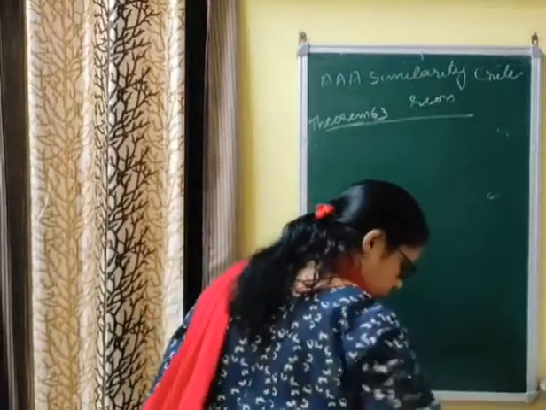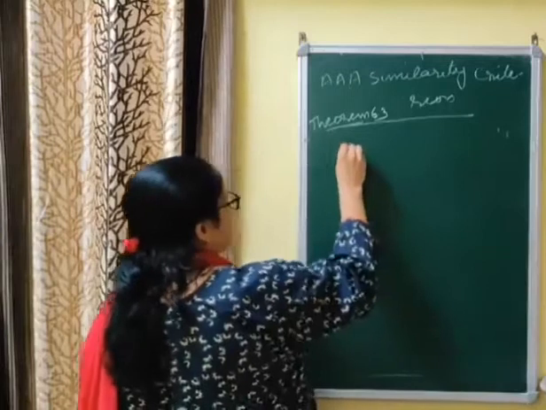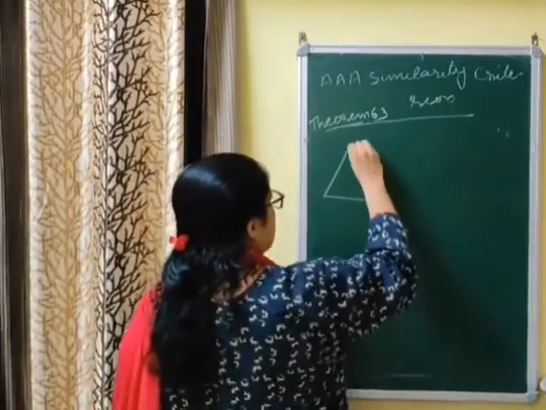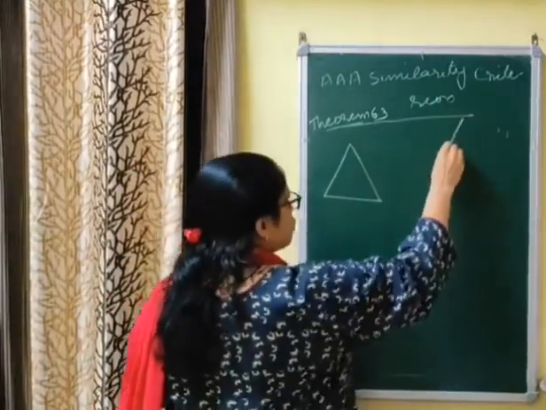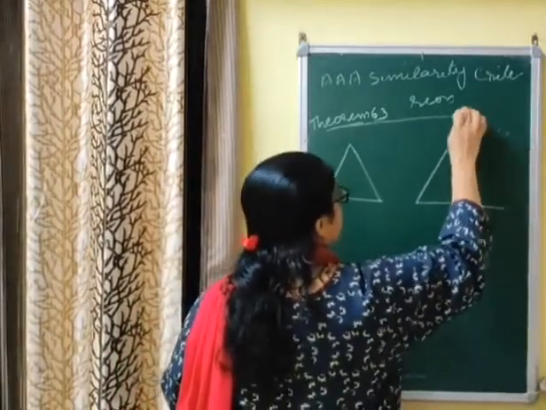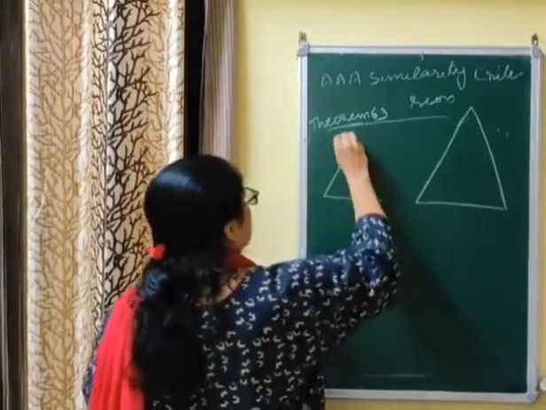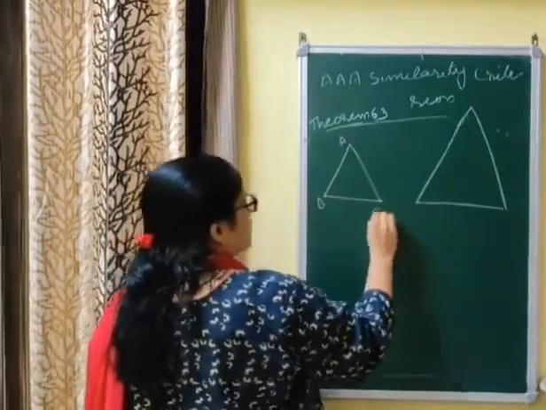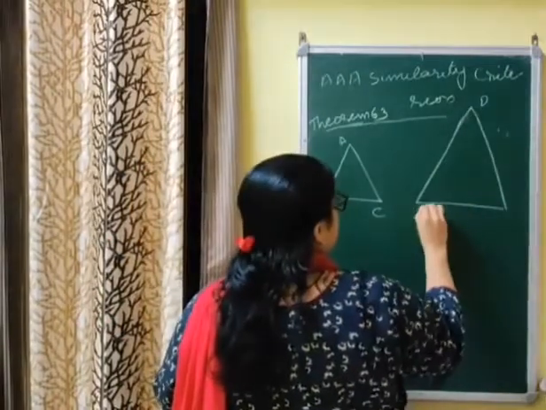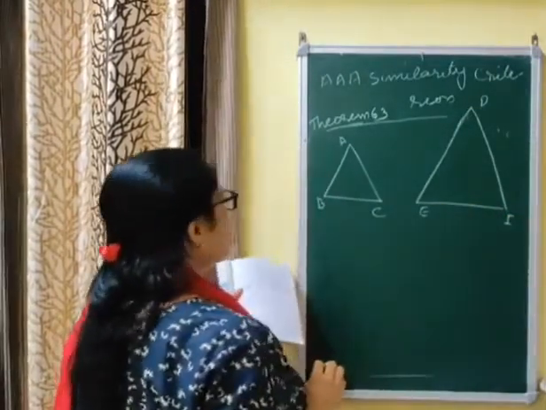Now let me draw the figure. See, you are given 2 similar triangles. Similar triangle means the shape will be the same but the sides will be different, so you have to draw 2 triangles different in size. Different size ka banana hai, if we draw the same size, then the triangles become congruent. Let ABC and DEF be the 2 given triangles, in which it is given.